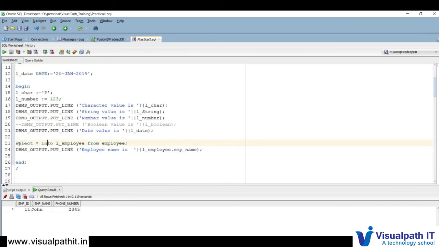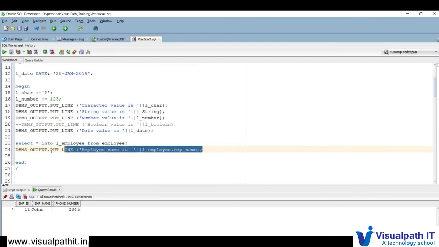Suppose you are fetching all the rows from the employees table into this employee variable. Now, to access a particular column value, you write the variable name, dot, the column name. So employee dot emp name would contain the employee name only.